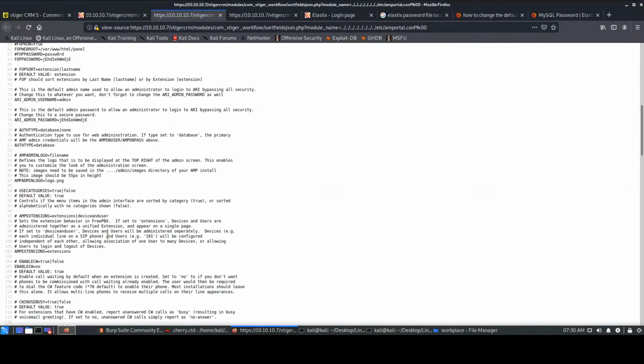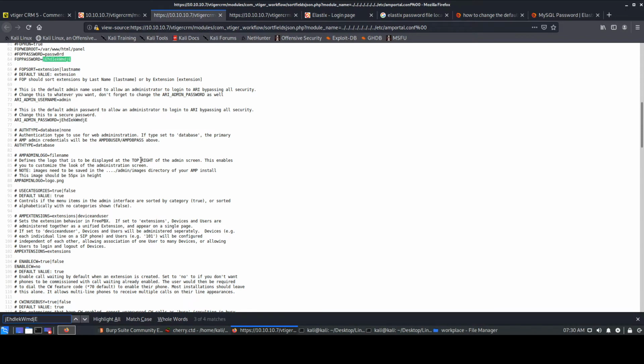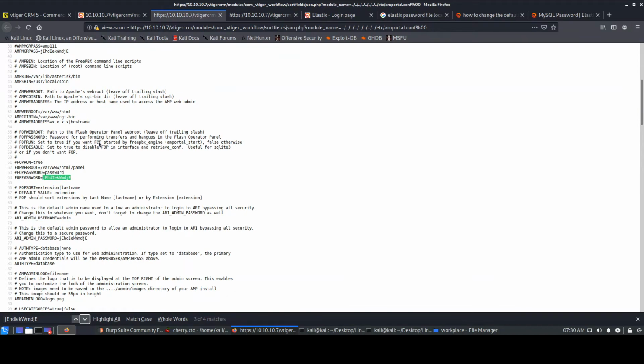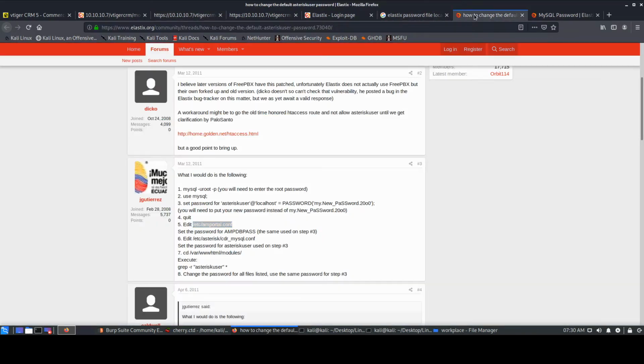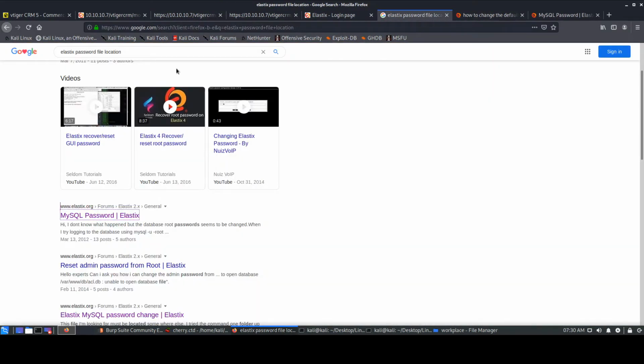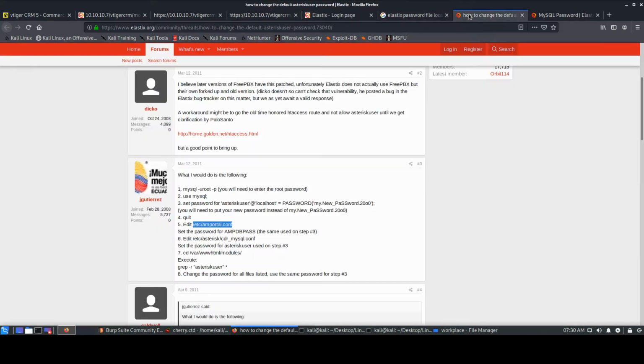Okay, and if you check over here itself, the same password has been repeated at multiple places. There are like 4 matches in this particular file itself. So this is one file which we looked for, and we just had a quick Google search for password file location. The other file which we can look for is over here. It says cdr mysql conf, that is inside the asterisk folder.